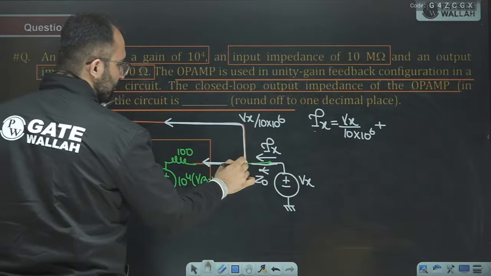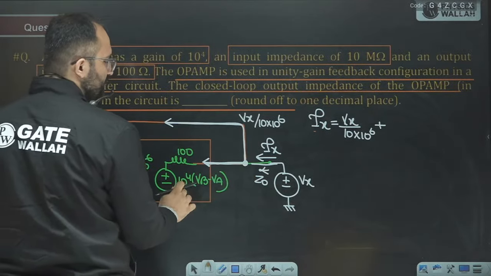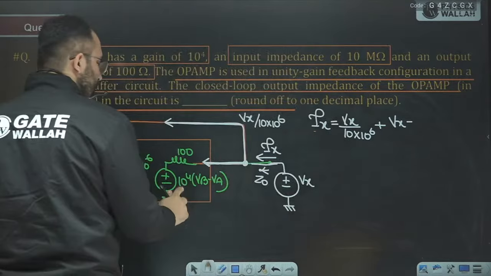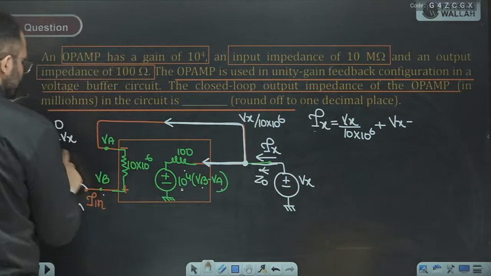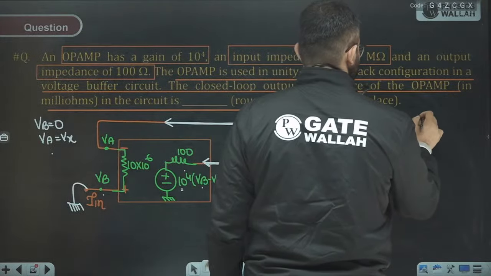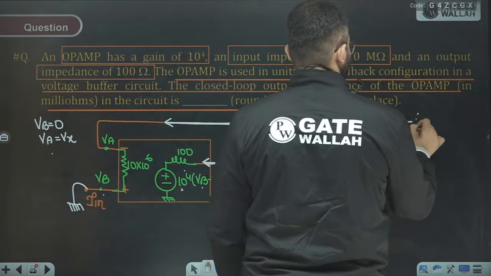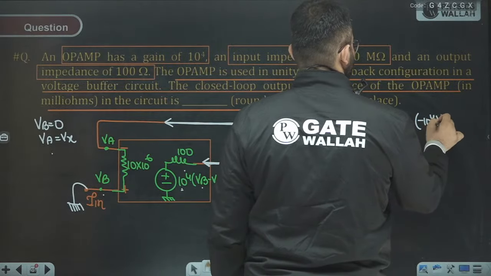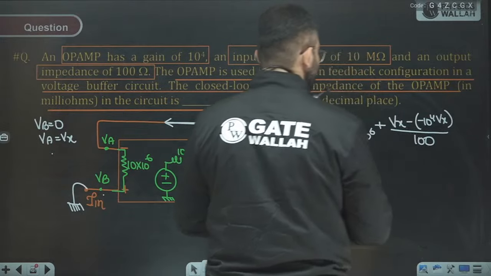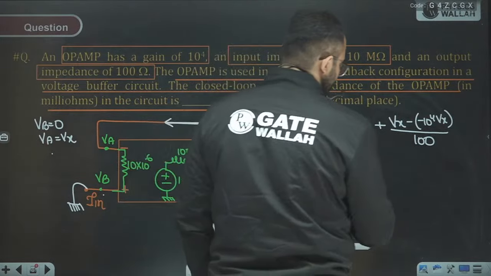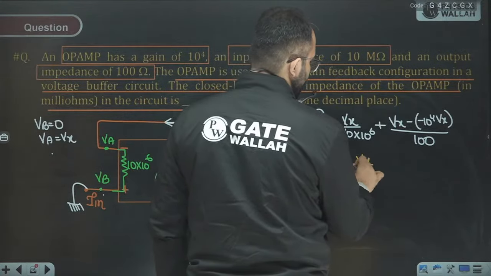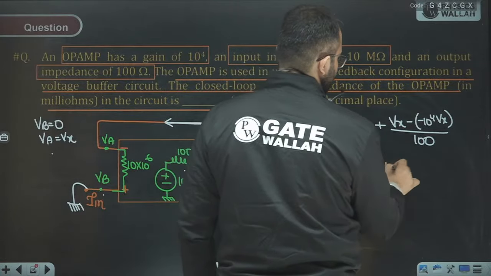what is this current? This current is Vx minus this voltage. Now what is this voltage? So Vx minus 10 to power 4 times VB minus VA. Now VB is 0, VA is Vx. So this will be Vx minus 10 to power 4 Vx upon 100. These are the two currents. So we can solve this. Ix is equal to 10 to power 7 plus,